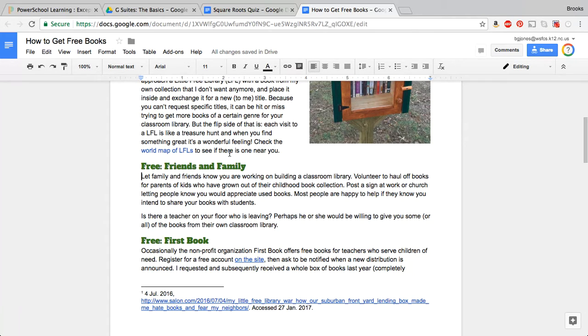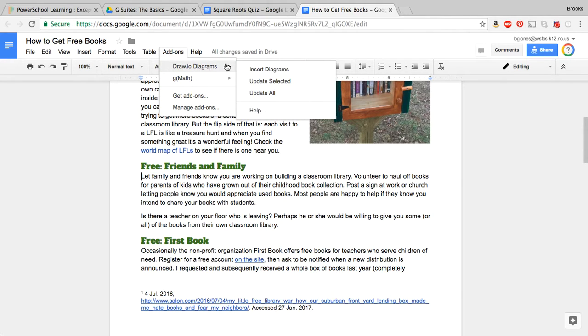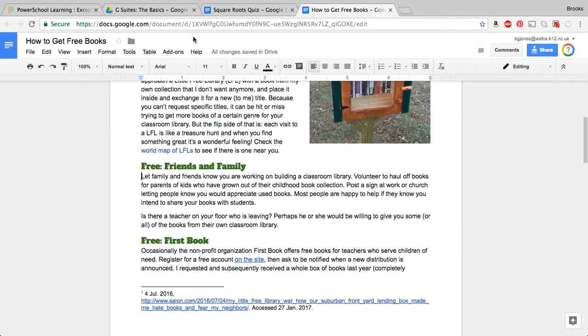So any graphic that you can find that you have the rights to use, you can insert, but I find that sometimes it can take a fair amount of time just searching through the web trying to find something. But no longer, through this little Drawio diagrams add-on, there are some neat things you can do. So this add-on works in conjunction with the